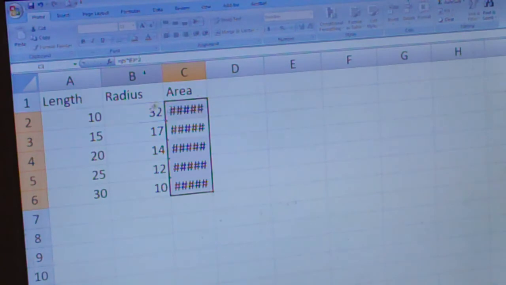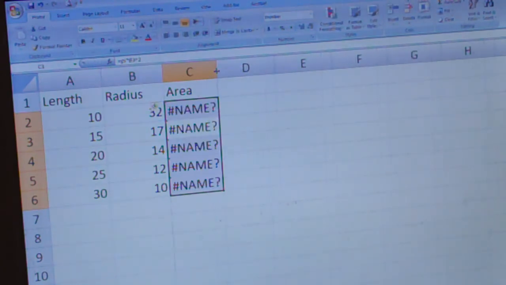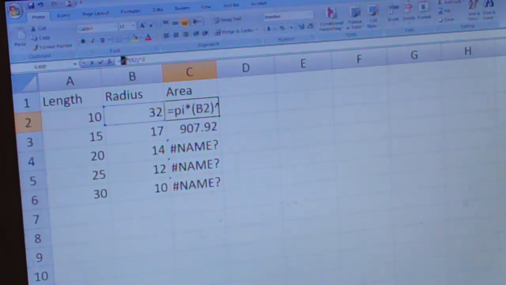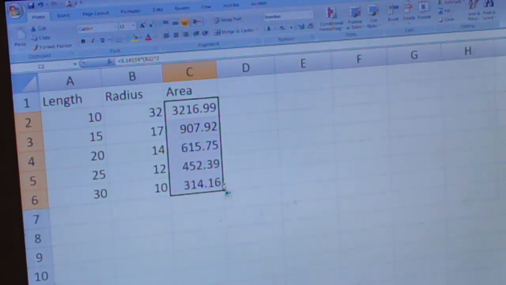Maybe I'll put in some parentheses. Nope. So I've got a bit of a problem here. Okay. What if I put in 3.14159? Okay, it seems to like that, so it seems to not be liking my use of the pi for pi. I apologize. That was the first time I had tried that,